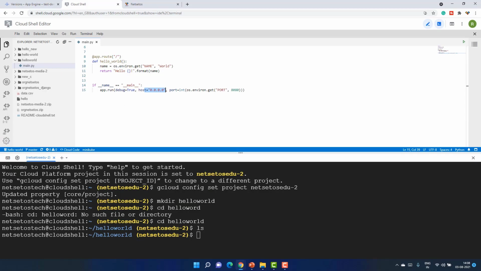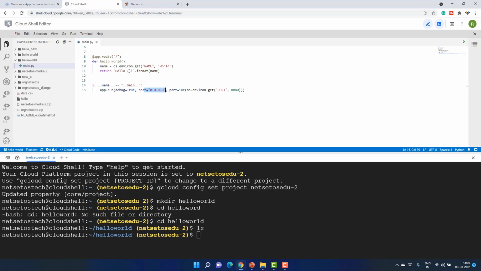So this code responds to requests with our hello world greeting. HTTP handling is done by a gunicorn web server in the container. When directly invoked for local use, this code creates a basic web server that listens on the port defined by the PORT environment variable. Here we have defined it as 8080. The next step is containerizing the app and uploading it to the container registry. When you have to containerize an application, we have to create a Dockerfile.